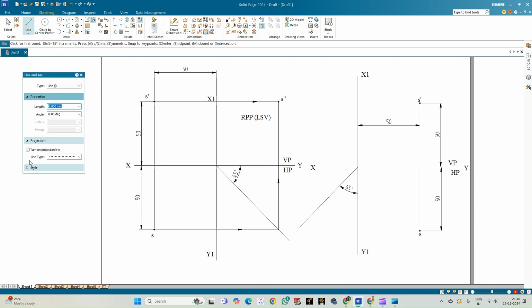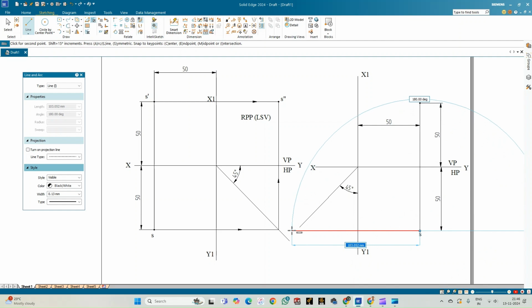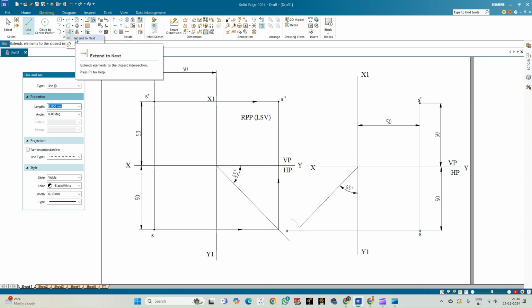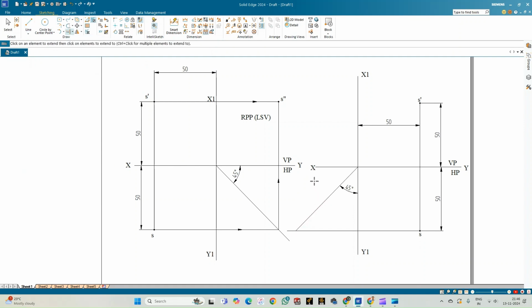Now select the line option. Ensure the thickness is 0.13. So from the top view, let me just intersect this. So you can just see that it is not meeting. So let me just intersect by using the extend to next option. So there is something called as extend to next. So let me just use that option, extend to next. So this is extend to next. I'll extend this line,